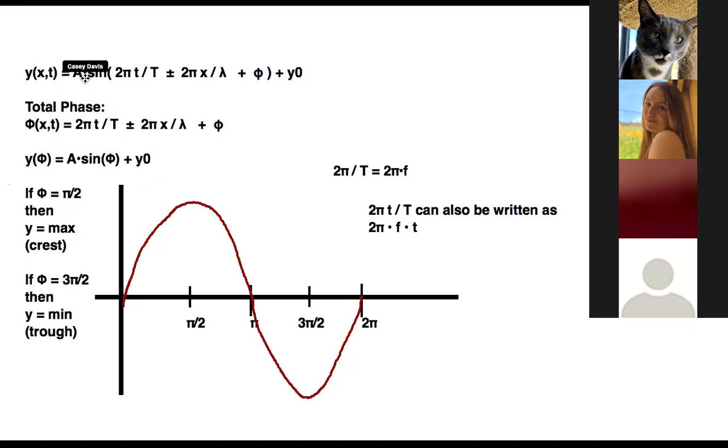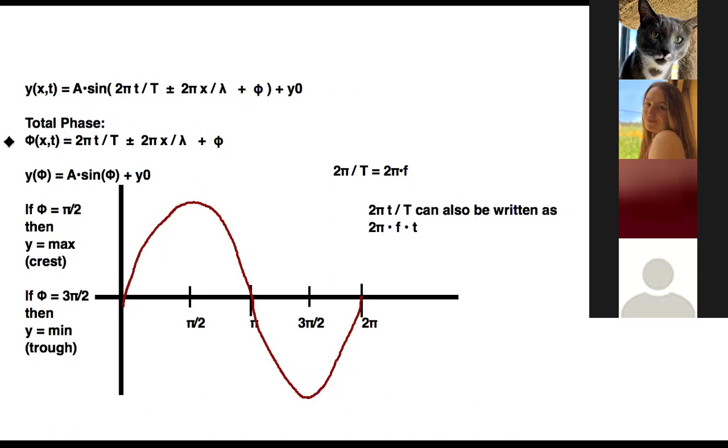I was wondering, in the first equation that you have up top, does the phi that you have within the parentheses, is that like the initial phase, or sometimes I see it as phi naught? Oh, the y naught at the end? Not the y naught, but the one next to it in the parentheses. This phi? Yeah. Sometimes I see phi written with a small 0. Oh, yeah, sometimes it is. It's not so much the initial value of phi, it's more that